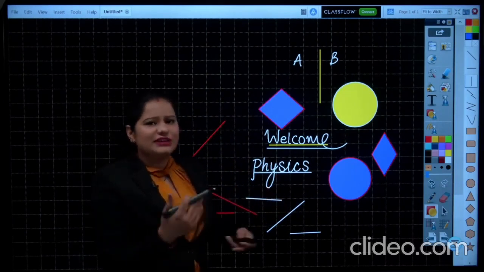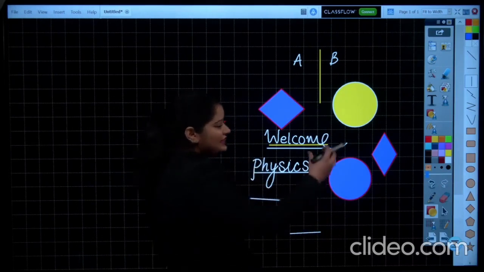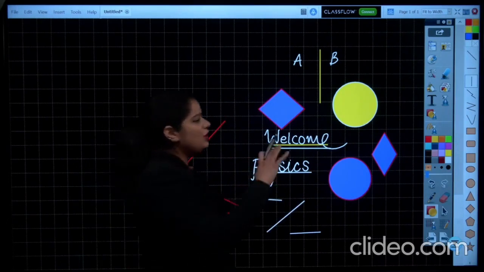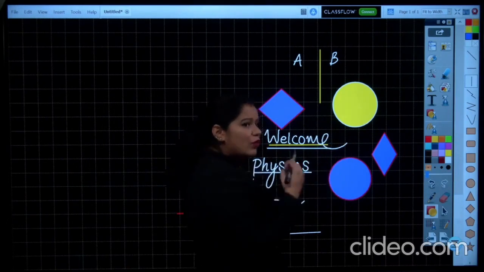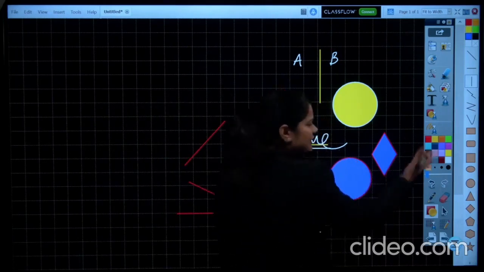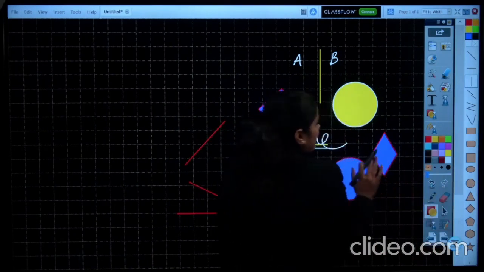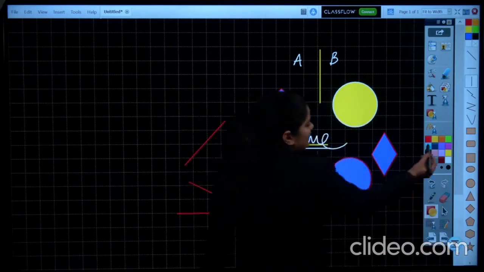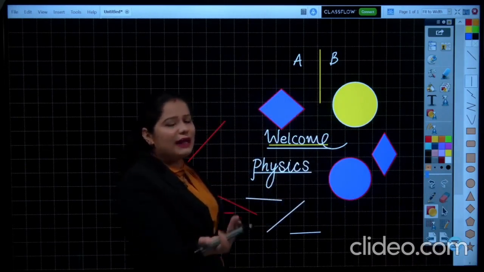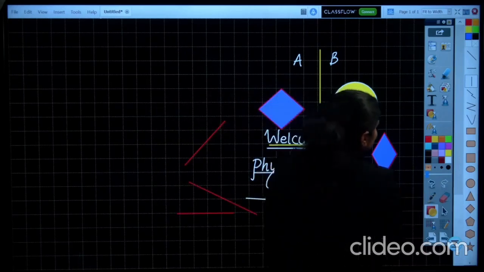So rather than just using the pen tool and writing everything, you can use these tools to make images and make your lecture more interesting. I hope that's clear. There are other tools also that you can use inside this shape tool. So coming back, I hope it's clear that the outer portion of the palette is for the outline and the inner color palette is for the fill of the shape. Okay, moving on to the next thing.